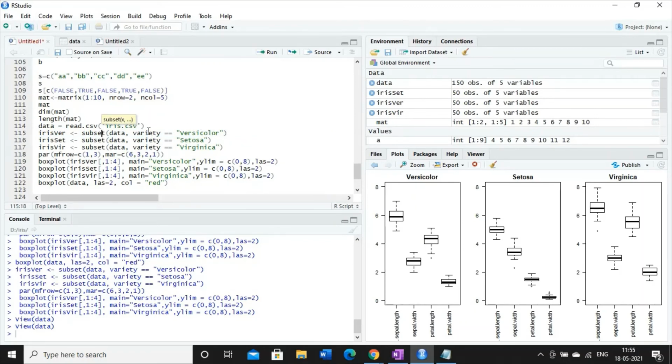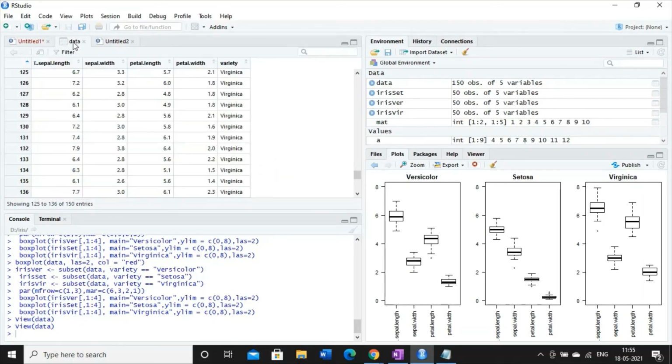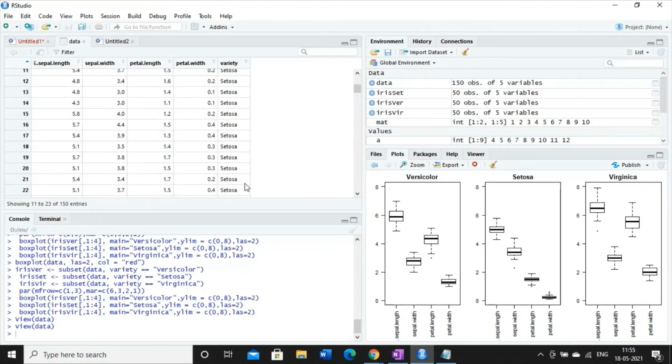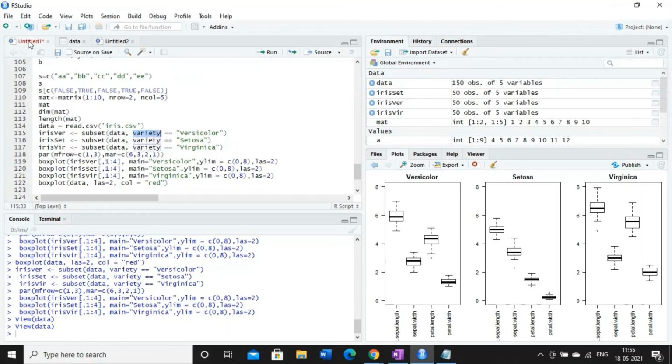Here the column name is variety. Why? Because in the dataset we have the variety column under which we have the different classes or different species of this Iris flower. For that reason the column name is variety.